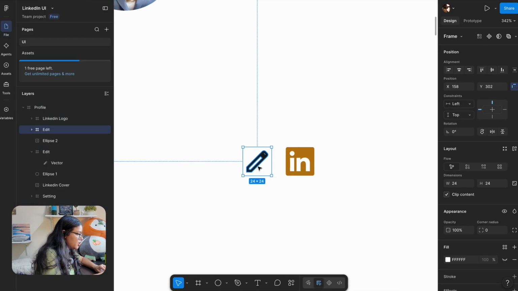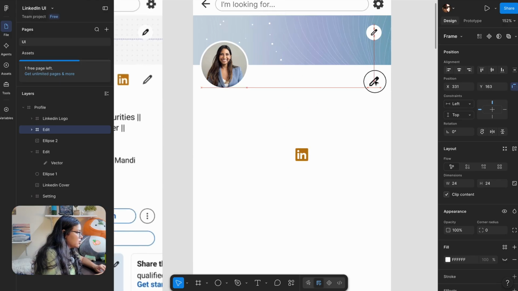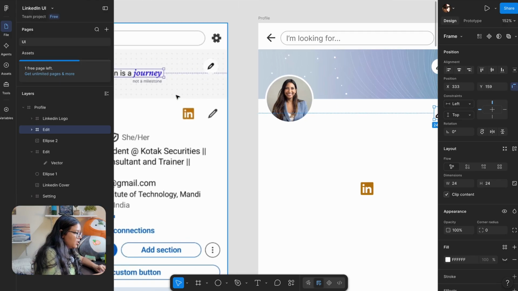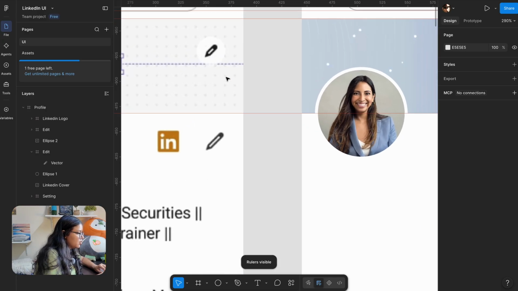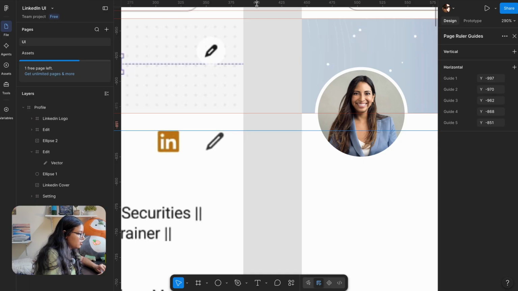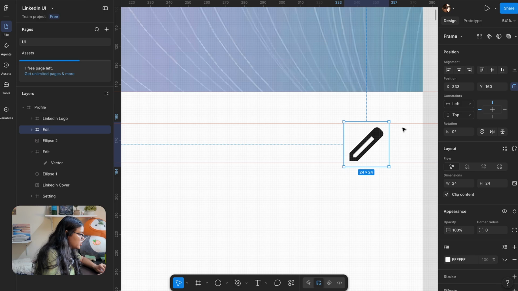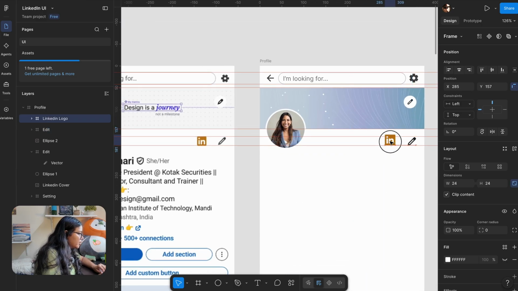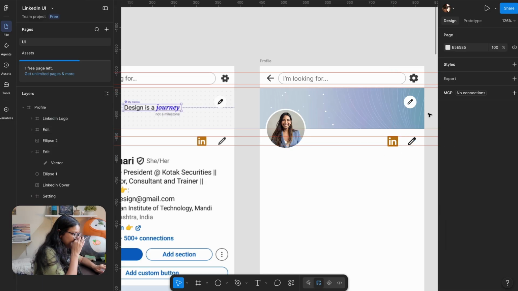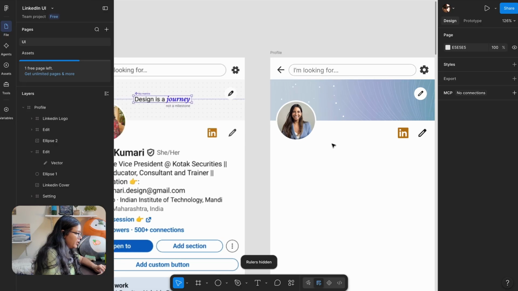ठीक है. I have to first place the edit icon. ठीक है. And I'm gonna turn on the rulers again just to see where they sit. So somewhat here, somewhat here. इसके बीच में है ना. So I'm just gonna make sure that it somewhat sits बीच में ही, and इसको we'll keep it 16, and then this LinkedIn का icon, इसको हम थोड़ा eyeball कर लेंगे. Let's keep it 12. Actually, it's more. इतना. ठीक है. Okay. Then I'm gonna turn off my rulers.